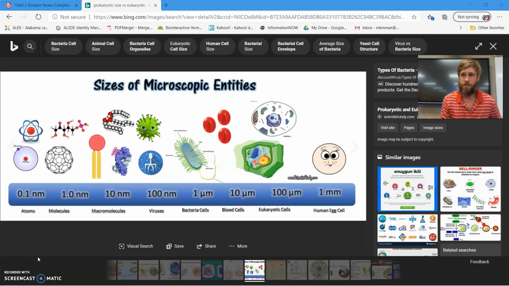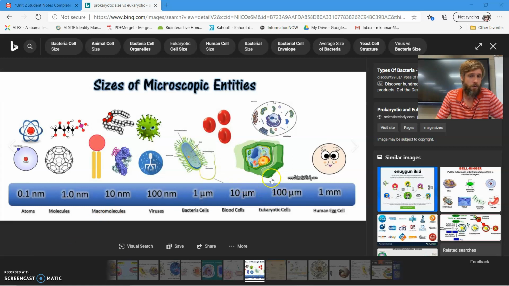So I want to finish up this video with comparisons between eukaryotic and prokaryotic cells. This is really important that you graduate this class understanding this difference. I would feel like a failure if you did not understand what a prokaryote and what a eukaryote were. So look at this diagram. Yeah, so don't fail me. That's what you're thinking, right?